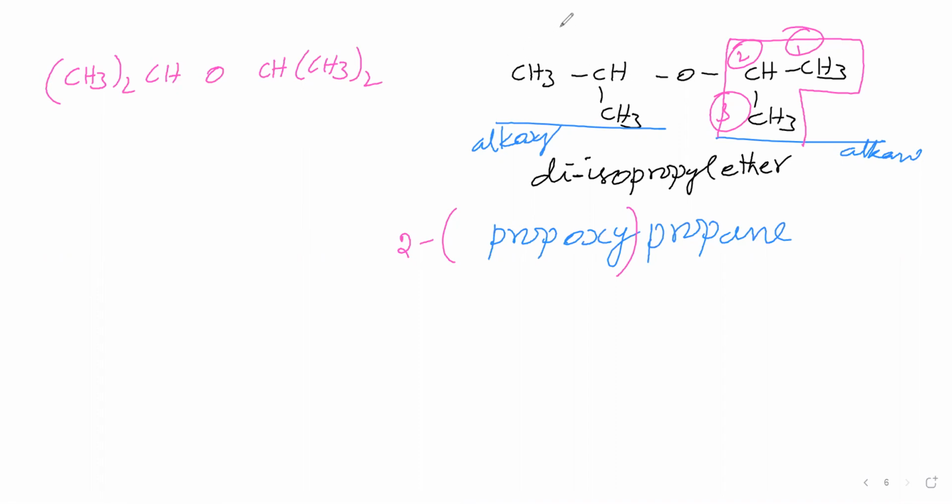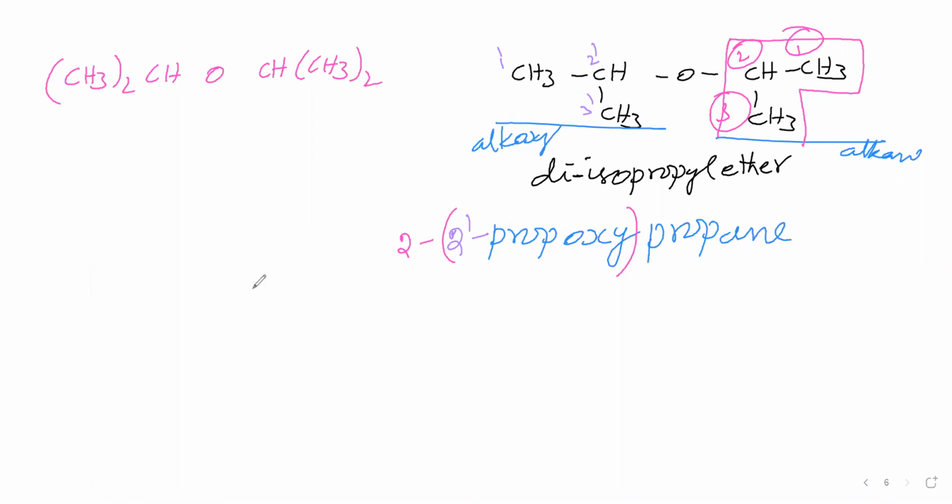Therefore, how we are saying numbering here, you see that here 1 dash, here 2 dash, here 3 dash. This alkoxy part is the propoxy part. In that prop, of 3 carbons, the second carbon is linked with ether oxygen. That is 2 dash, and that 2 dash we have to mention here. So 2-propoxypropane. This 2 indicates that the second carbon of propane is linking with ether. This 2 dash indicates that in the propoxy, the second carbon is linking with ether. That is the meaning. It is the IUPAC name for this compound.